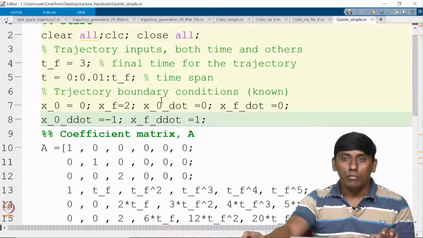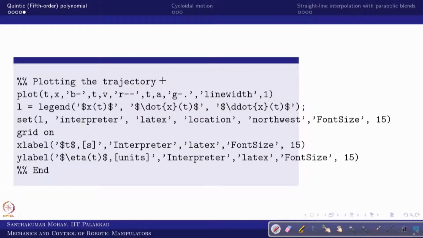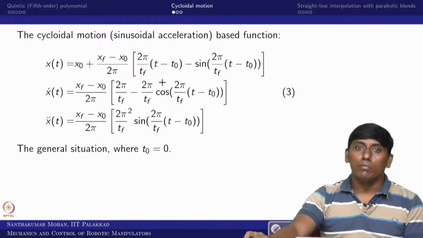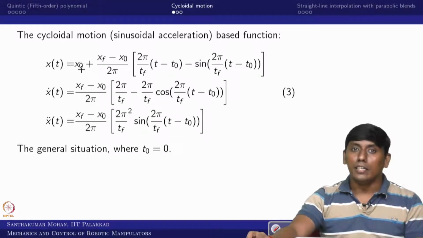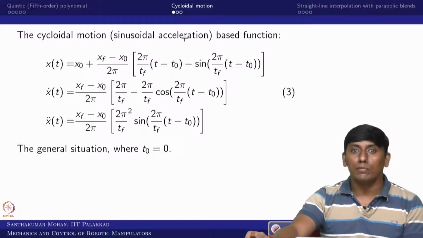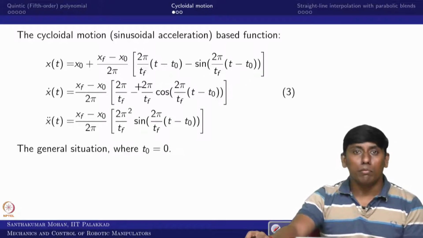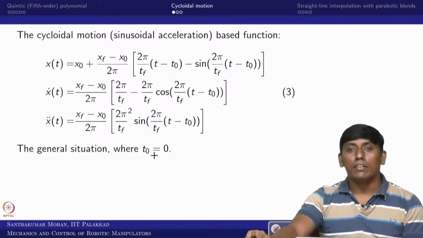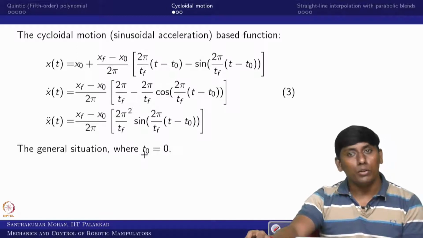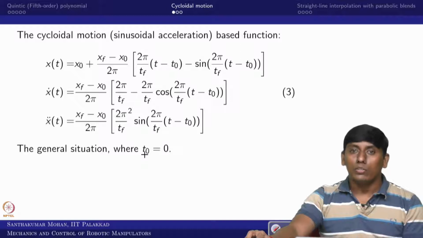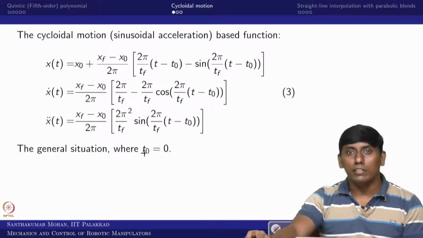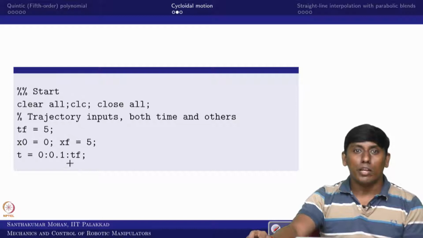Okay. Now we will go back to the slide, where we will see what cycloidal motion is. The cycloidal motion we can rewrite in terms of position, velocity and acceleration in this form. I don't want to cancel this 2 pi everywhere, because if I cancel it then I have to bring in 1 by 2 pi, and that would be a residue all the time. That's why I have written it in this general form. While calculating, we assume that t0 is 0. So in that case, how will the MATLAB function look? The initial stage is everything the same.